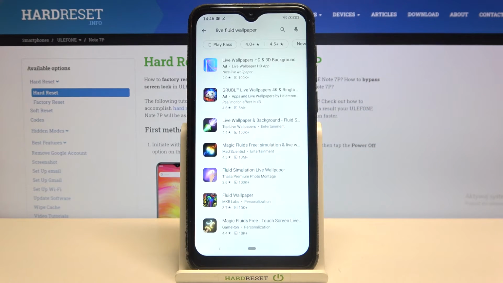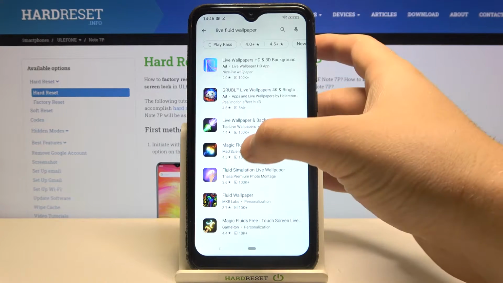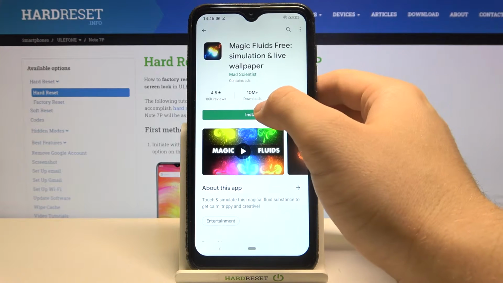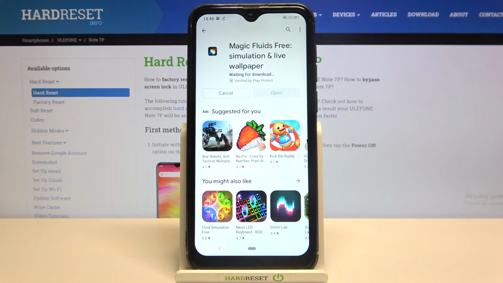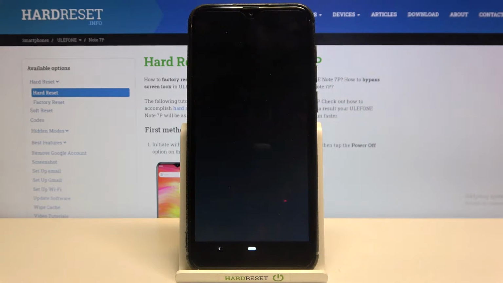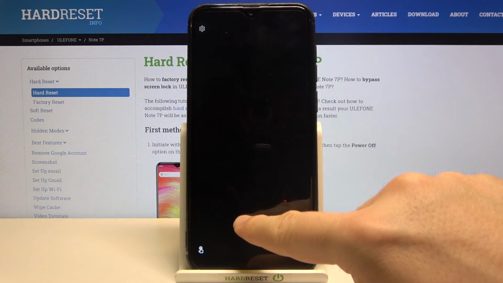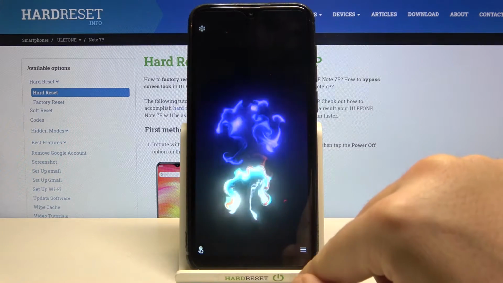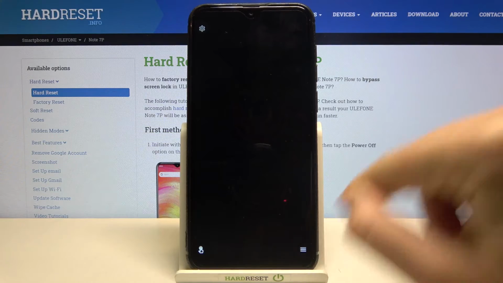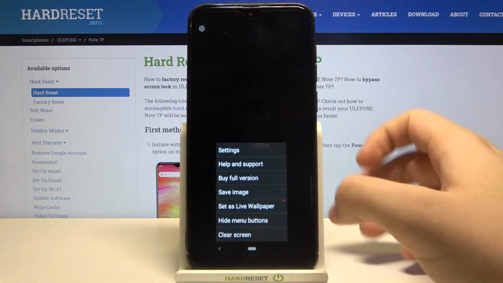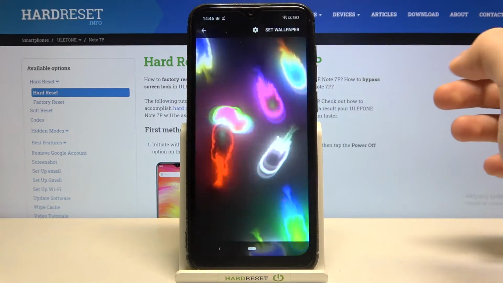We can take this from the quick list also, and we are going to download this application from Mad Scientist. Let's install. Click open. And as you can see here, we get the preview of this wallpaper, but of course we can easily change it by clicking here. So tap on this right corner, move to set as a live wallpaper, and click